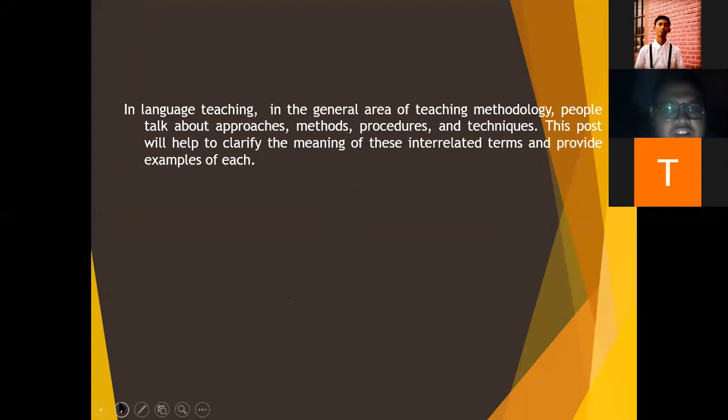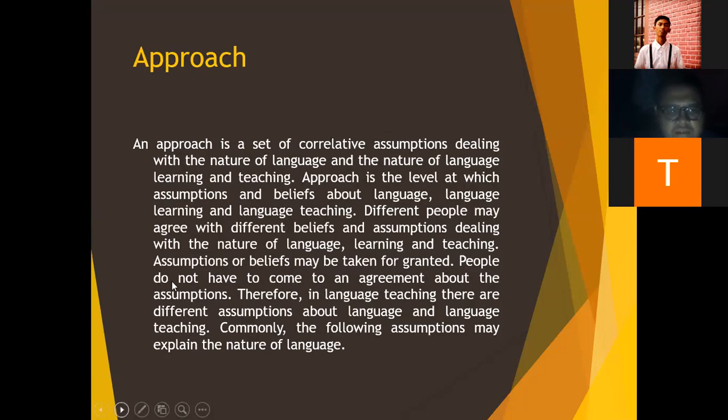In language teaching, in the general area of teaching methodology, people talk about approach, method, and technique. This course will help clarify the meaning of these interrelated terms and provide examples of each. Okay, number one is approach. An approach is a set of correlative assumptions dealing with the nature of language and the nature of language learning